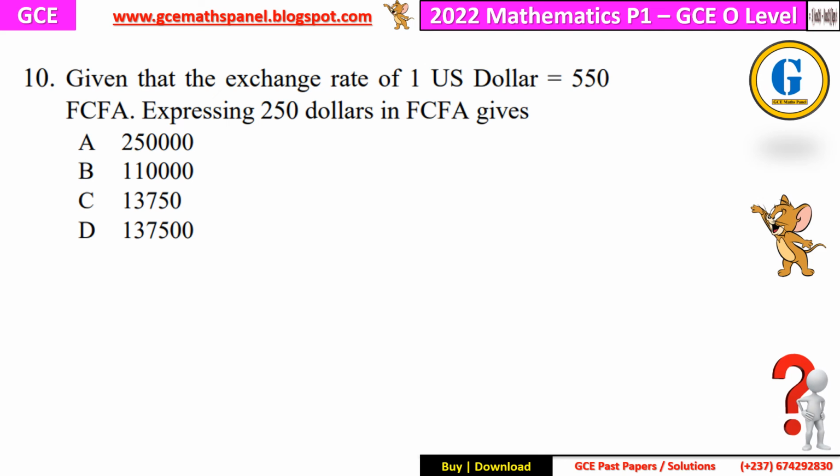Now, given that the exchange rate of $1 equals 550 FCFA, expressing $250 in FCFA will give. So we know that $1 is equal to 550. And so if they now give us $250, what will that give us in FCFA? So $250, let us call this X, since people like X so much. If you don't like X, you use A or B. So from here, we cross multiply, our X will be equal to 250 times 550 divided by 1. And this will give us